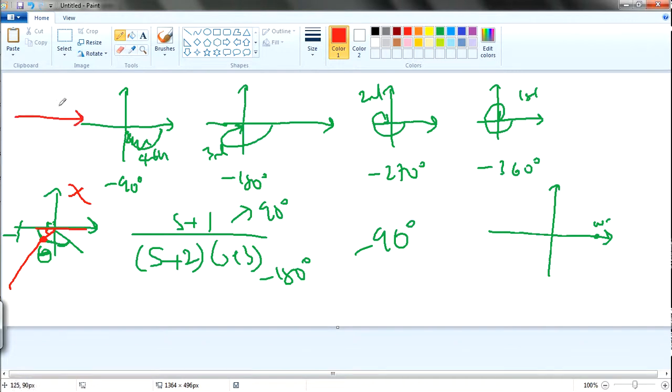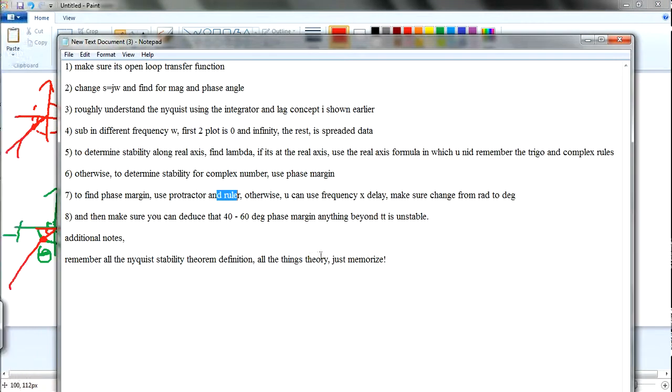So let's say you have a graph over here, and you have a root locus like that, and this is the radius 1. This intersection point will tell you the phase margin that you're going to talk about. You just draw a straight line from the intersection point to the origin, and then find the phase margin from there. Otherwise, what you can do is, if you are given some delay, you can